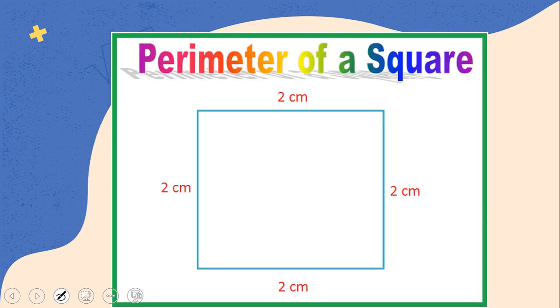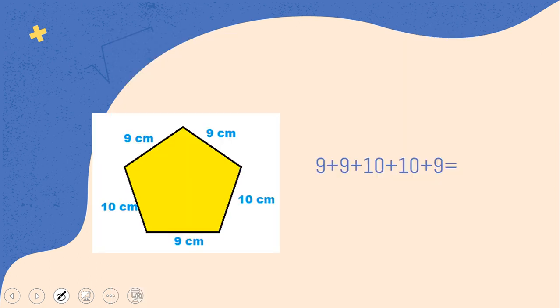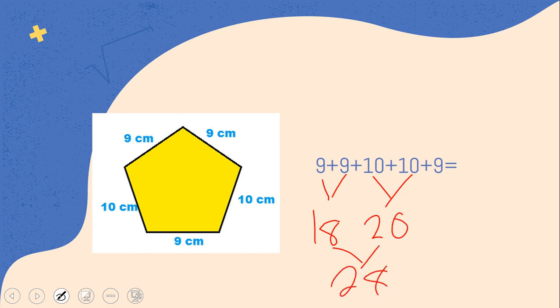Okay? So again, we know the measurements of the squares. So we would add 2 plus 2 plus 2 plus 2, which equals 2, 4, 6, 8. So it's 8 centimeters. Okay, here's another one. 9 plus 9 plus 10 plus 10 plus 9. So we know that 9 plus 9 is 18. 10 plus 10 is 20. So that's 28. And then 28 plus 9 equals